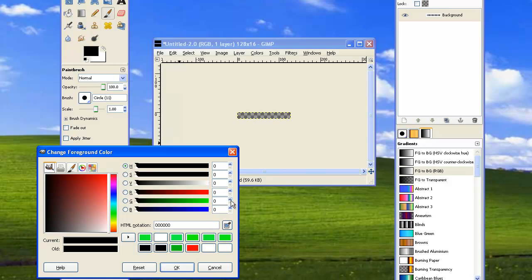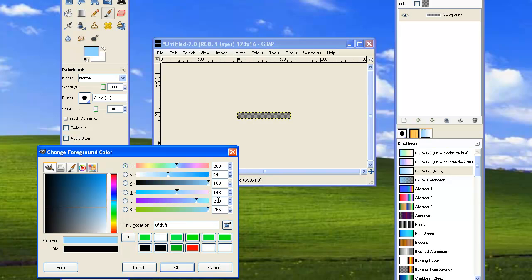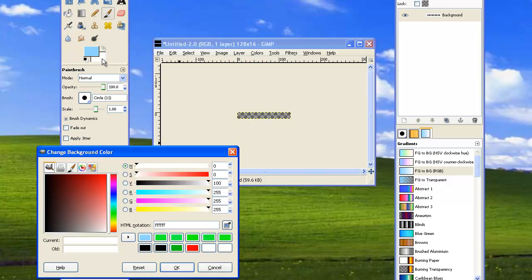So I've already determined that what I want is an R143. G, the green color, will be 213. And the blue color 255. Alright, so that's the blue color I want for the forecolor. So I'll click OK. Now I'll select the background color and I'll click that blue color and now just pick